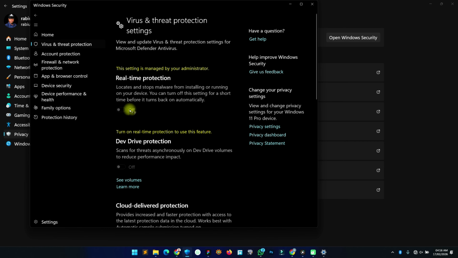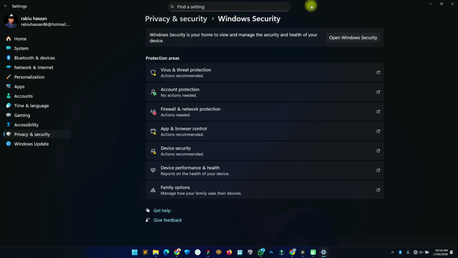You will find out that this has been turned off completely and it is being disabled. So you cannot turn it on like this, and Windows will not be able to turn it on by itself automatically again. So after you've used your software, you can easily go back to where you did your edit,